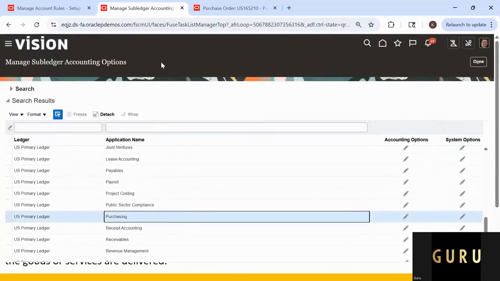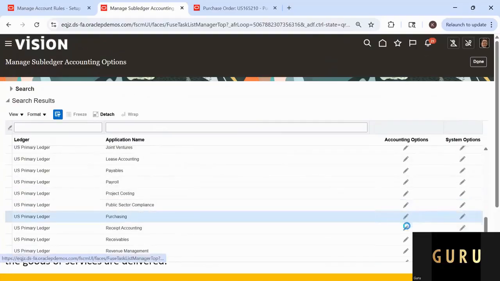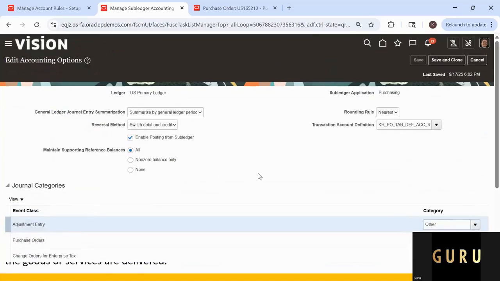So this particular setup is common. Subledger accounting option is common for financials or projects or payroll, everything. So in my case, I'm going to go for the purchasing. So purchasing. So what do we need? We need